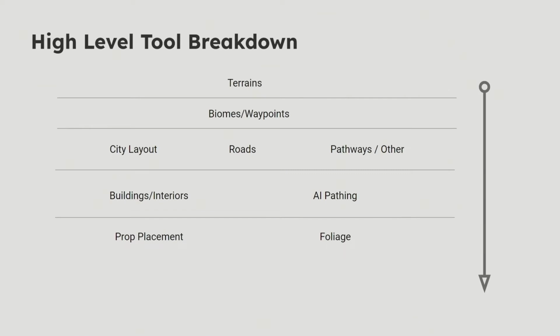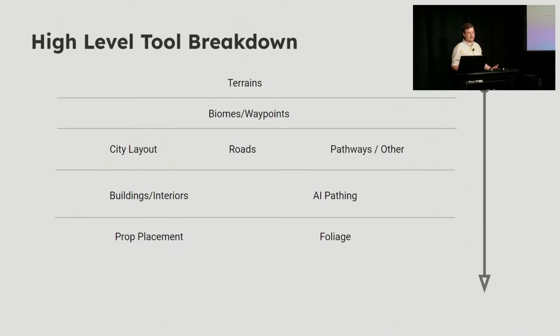You want some type of tagging within your terrains to say, this is a desert biome, this is a winter biome, and you tag your assets, for example, just scattering them in those regions. A biome doesn't necessarily have to be what you traditionally think of a biome. It can be a city, it can be a village. It's just how you're classifying your assets at this stage without placing them. The next is city layout, roads, and pathways. They're all very connected, but it's filling out an area, a village, a town, or an entire city with buildings you've generated. How do you make it have a road network that doesn't collide with it and pathways that connect